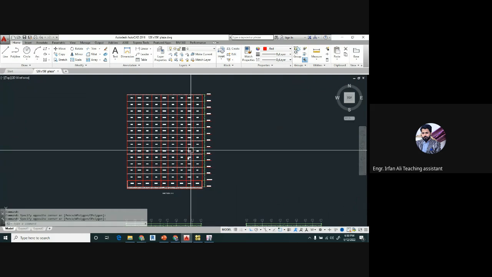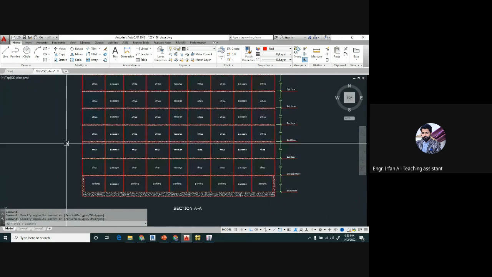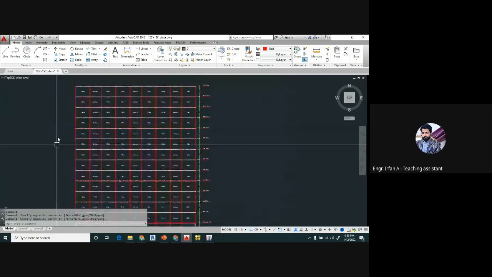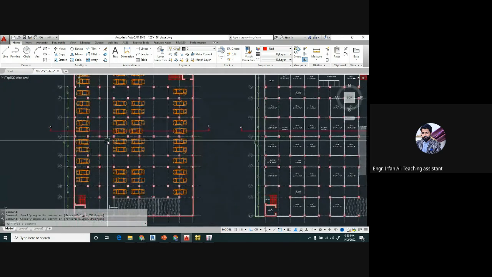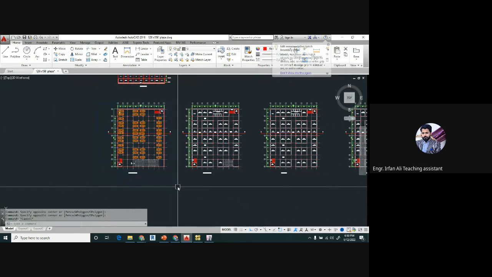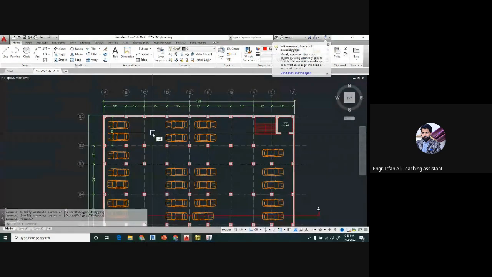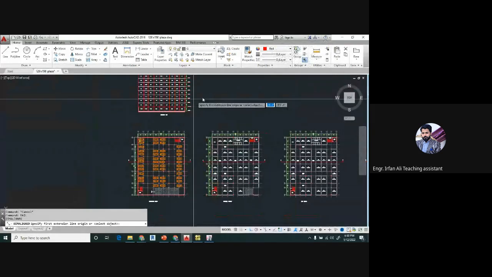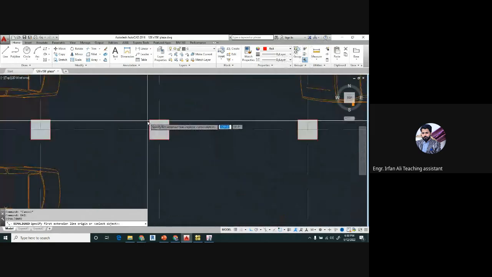So we have a 14-story building in which at the basement we have parking, the ground floor and first floor have shops, and from the second floor we have offices up to the top. At the initial stage, understanding the architecture drawing is very important. What is your job when you get your architecture drawing from the architect or your client? First, you have to check the grid spacing. Second, you have to check the cross section, what the heights of your stories are. Third, you have to check the given column